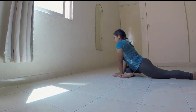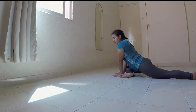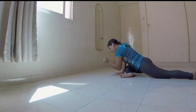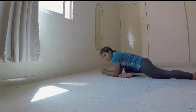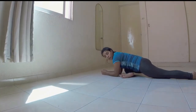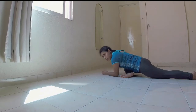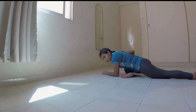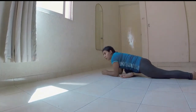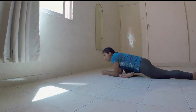If I can, I'm gonna place my elbows on the floor, keeping my front leg flexed, my back straight, and I'm gonna hold it for another 10 seconds and try to relax my breathing. Count to 10. So I'm gonna come back up